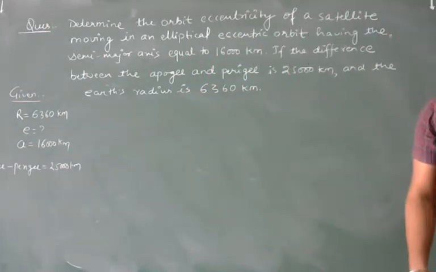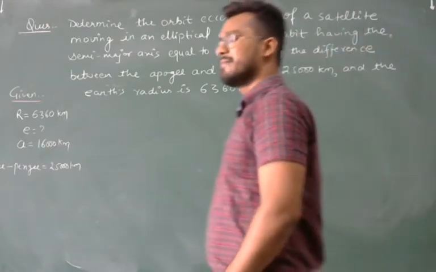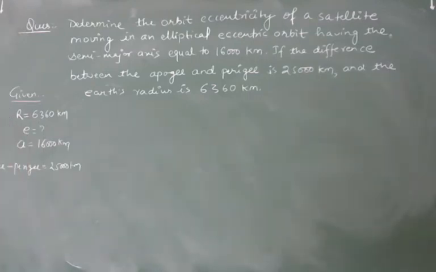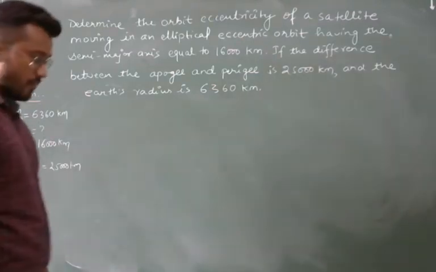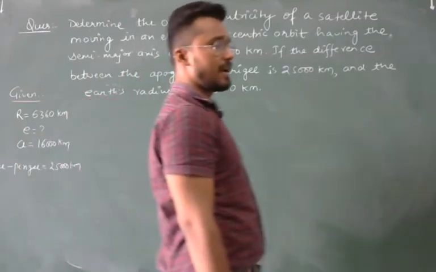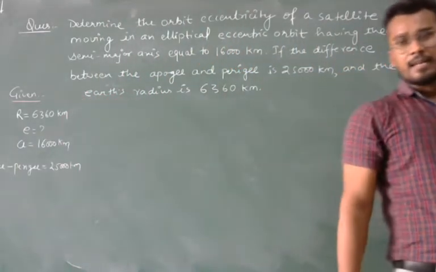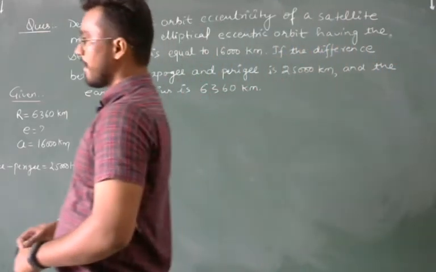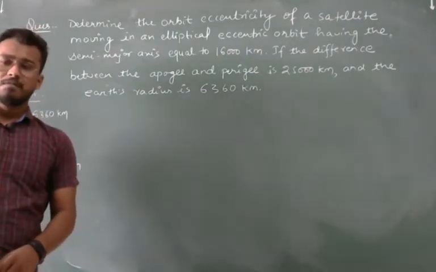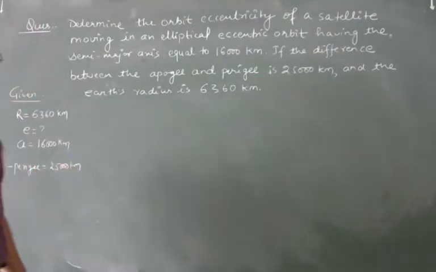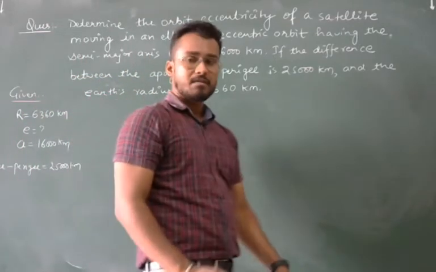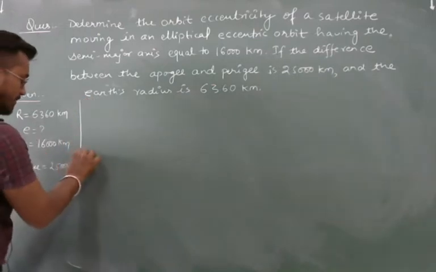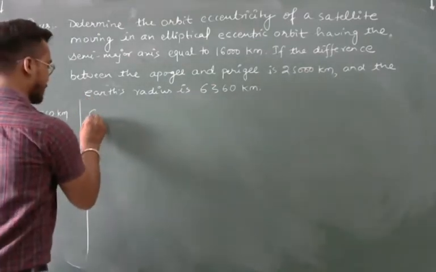Dear students, these are the orbital elements associated with the satellite, through which, while solving, we can create a general idea of how, according to the given data, we can find out the radius or the eccentricity of that satellite, whatever is being asked. So first of all, we will move further for the solution.